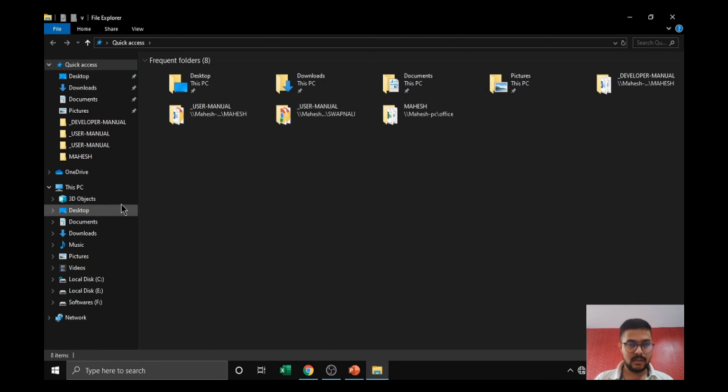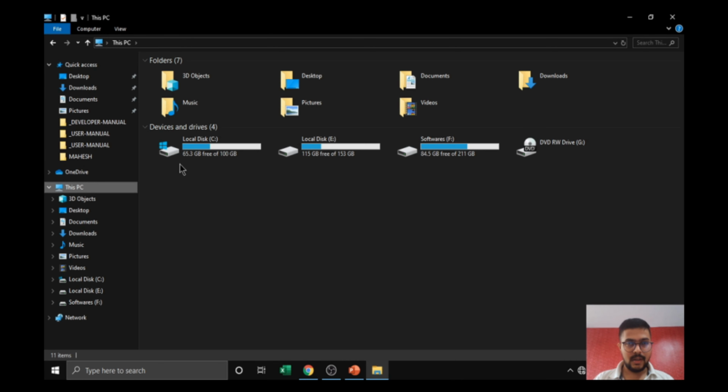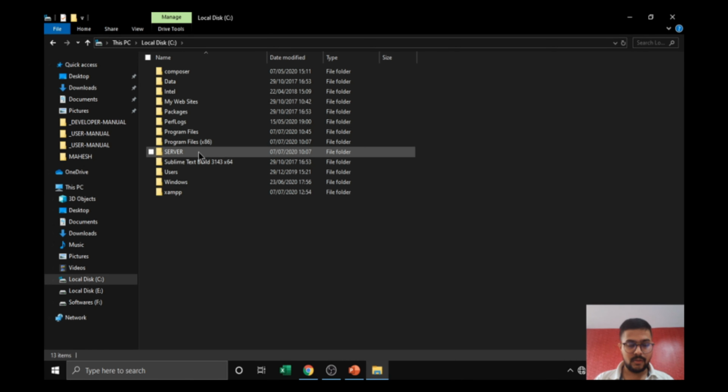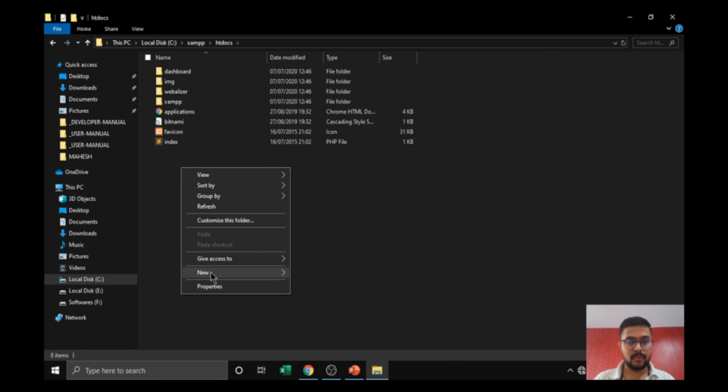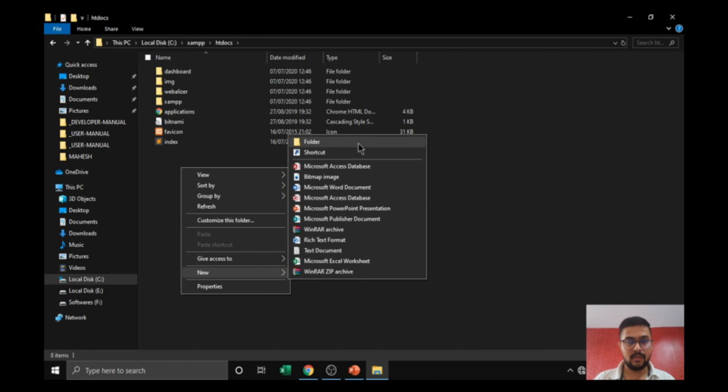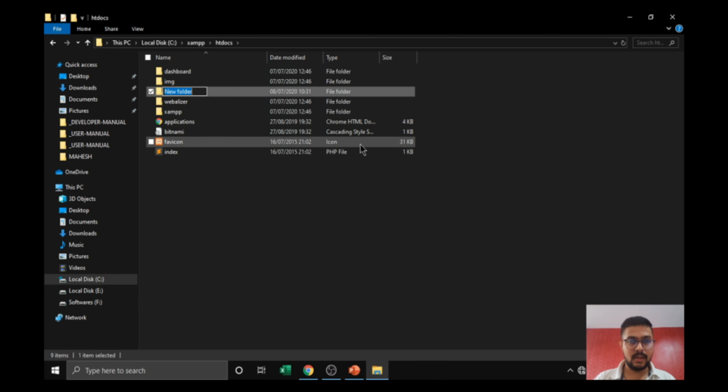Basically, PHP will be stored at this location. Go to My Computer, and your directory will be located in the XAMPP folder, htdocs. The htdocs folder contains all our PHP projects. If you want to create a new project, right-click here and create a new folder, say my project.